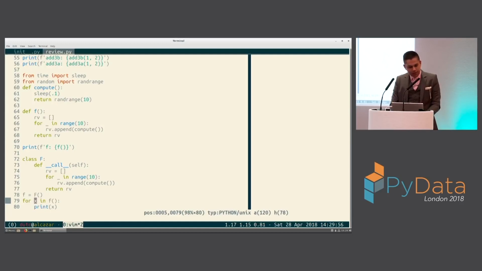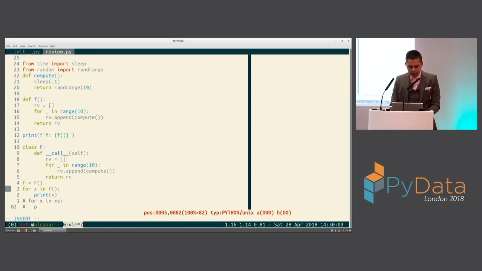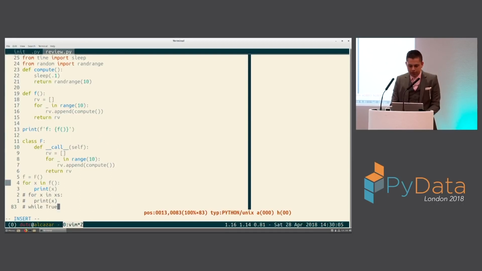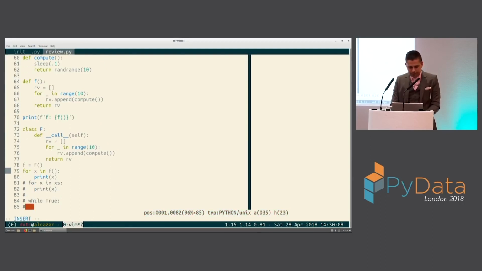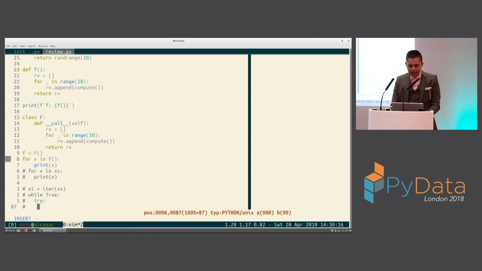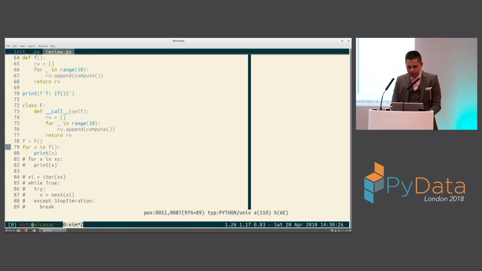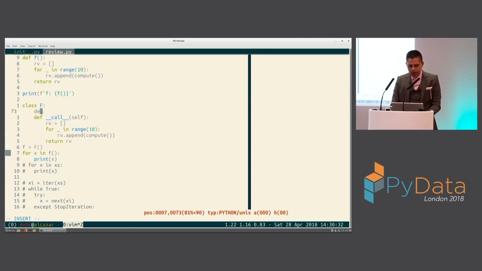Now, something interesting we can see is because we're iterating over this, one thing that we might know is that in Python, whenever we have a structure that looks like the following, we know that behind the scenes, Python turns it into something that looks like the following. And then there's like a try here, and then you try and get the next value out of the iterator. The xi stands for an iterator for that. And you accept the StopIteration and break. So we know there's an equivalence here, and we know that if we implement iter and next, we can do something kind of interesting. So I'll show you what we can do.